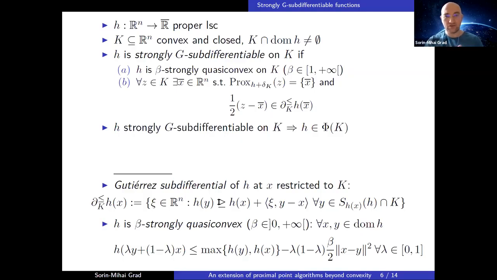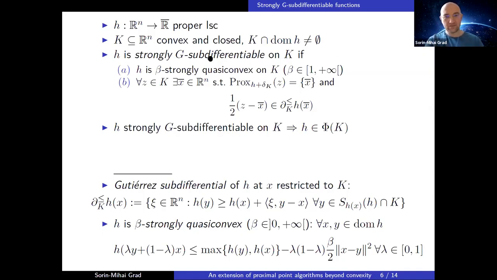As you may or may not know, for quasi-convex functions, the usual convex subdifferential is not of much use usually, and that's why there are different other notions of subdifferentials for such sets, like the Gutierrez one, the Plastria one. Aris Daniilidis and Nicolas Hadjisavvas have also some definition. We used here in our work the Gutierrez subdifferential defined like this. Here, this S_h(x) is the level set at this point. And we use also the strongly quasi-convex functions, which are defined here. So basically an extension to quasi-convex of the strong convexity.